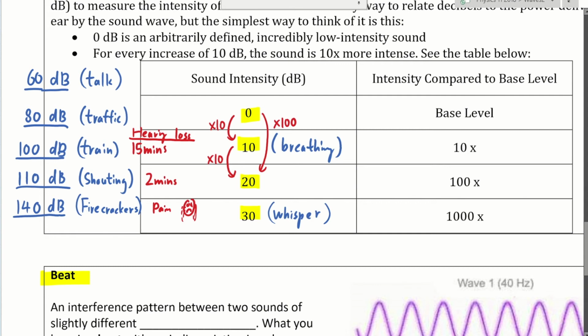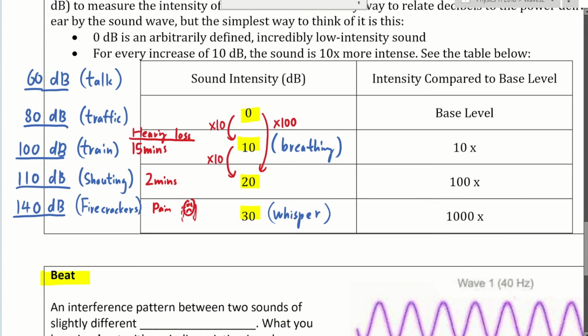So now I don't have a reference for 20 decibel, but I do have a reference for 30 decibel. 30 decibel is when you whisper to someone. Okay, when you whisper to someone, when you're actually saying something, but you're saying it in such a way going like, hey, how are you?